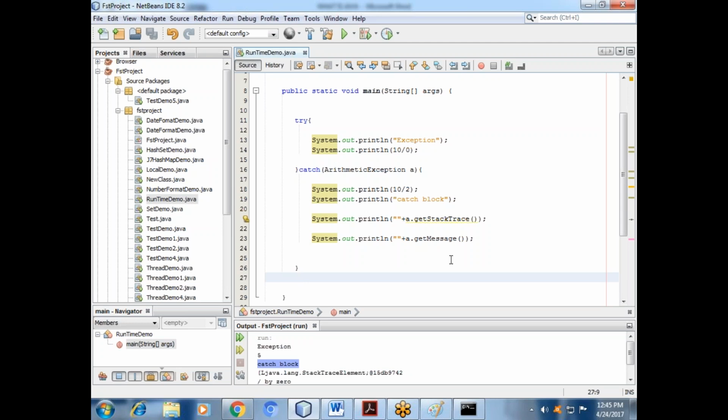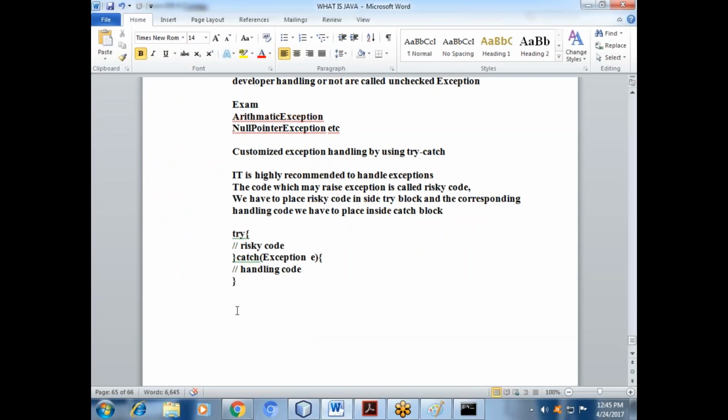So you can write about the finally block. You have already written about the try catch. You can write about the finally block. So that's better. Finally block. It is not recommended to maintain the cleanup code inside any try block, because there is no guarantee for execution of every statement inside a try block.